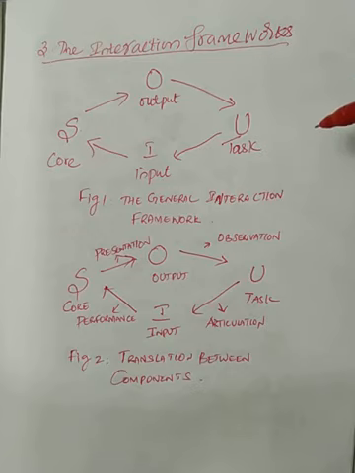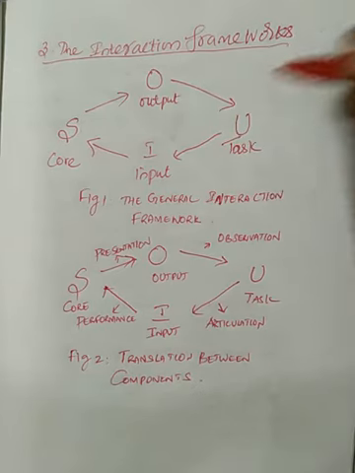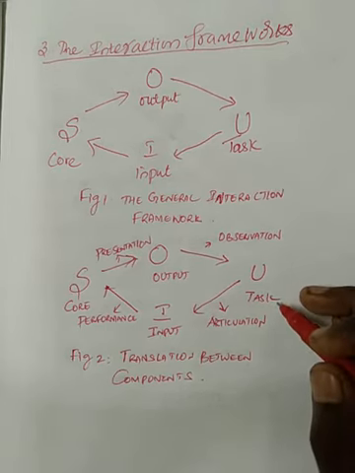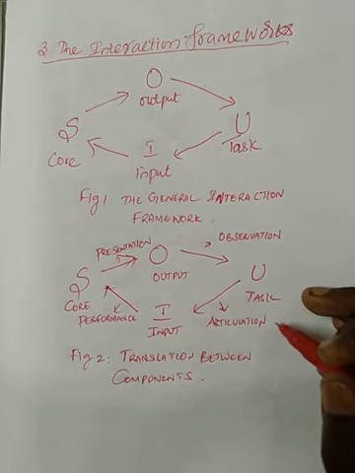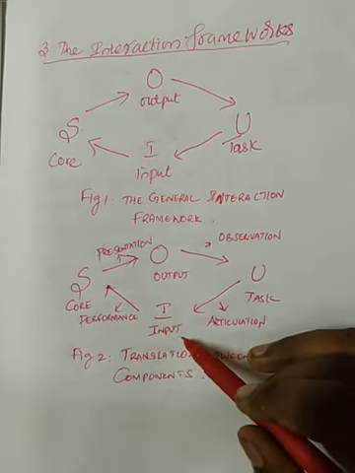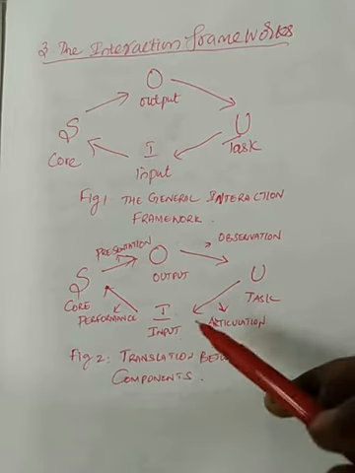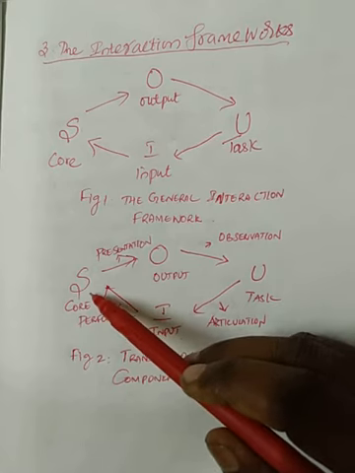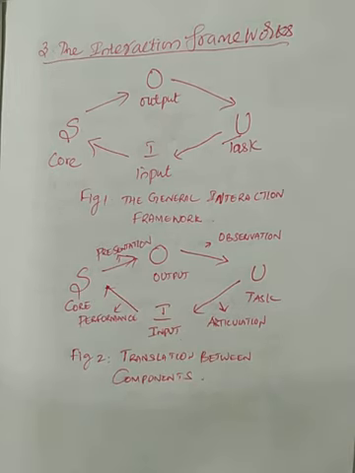Okay, so now what happens when the user interacts with the computer is said to be translation between the components of user, system, input and output. Here the task, a set of actions, can be articulated and fed as input to the system, and this input is further fed inside the system so that it achieves very efficient performance.